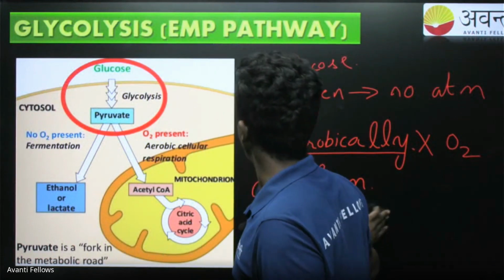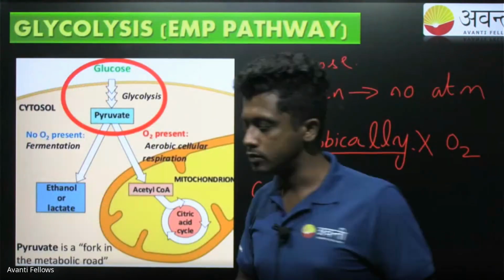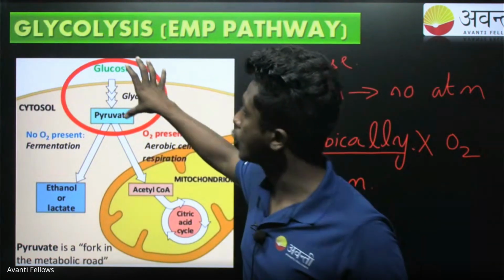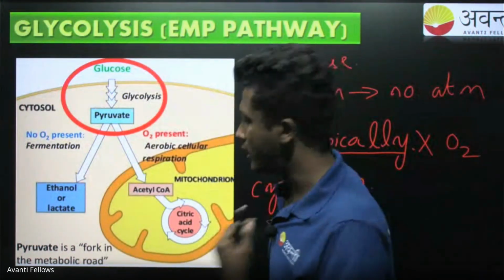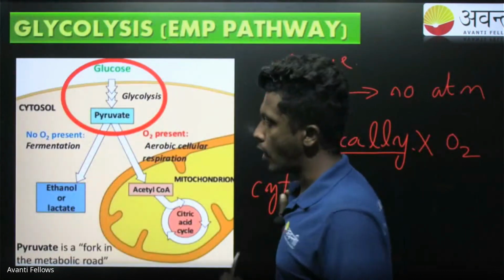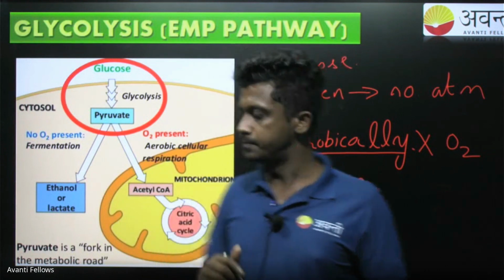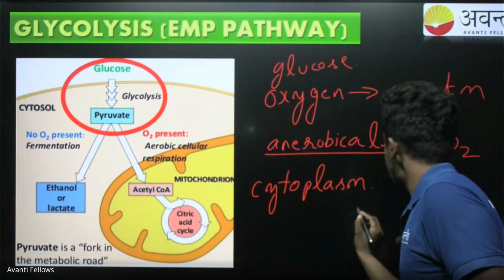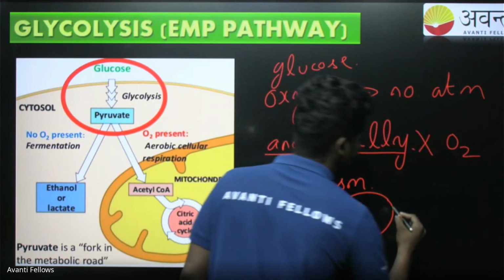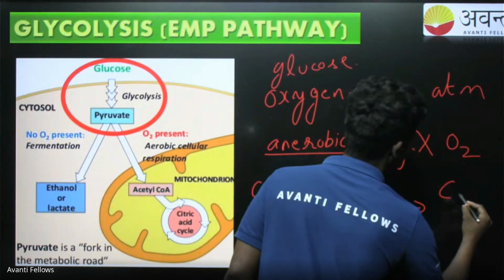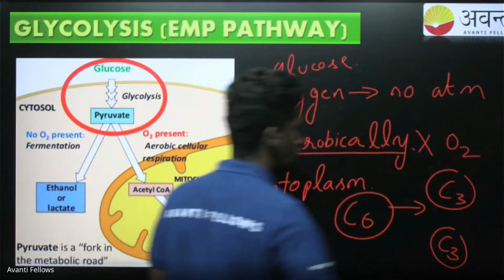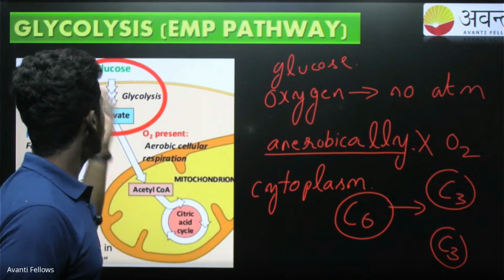Okay, so to understand the glucose catabolism, I can tell you why, because we are breaking down the complex into simpler forms. It's very easy to understand and it is very fluent to understand. Okay, so what happens in glycolysis is very simple. First, we have 6 carbon atoms in a glucose molecule, and then we break it down into a 3 carbon atom containing compound called pyruvate. Okay, glucose is broken down into pyruvate.